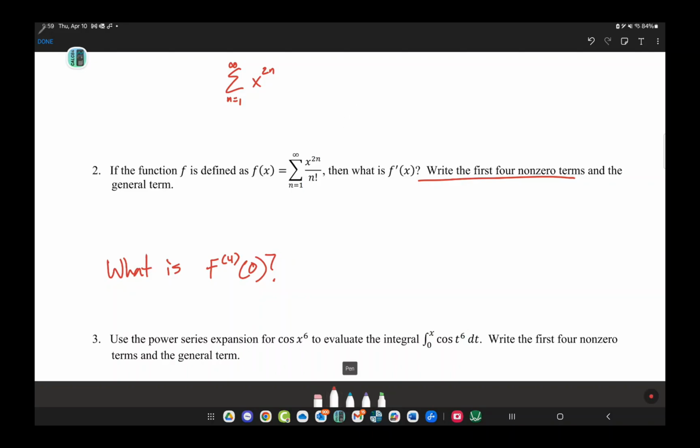Now, how would I find f4 of 0? Is this getting into a second part, or is this part A? Like what is